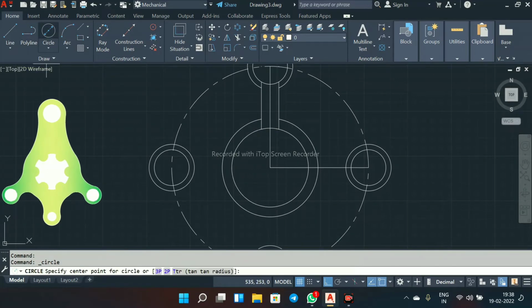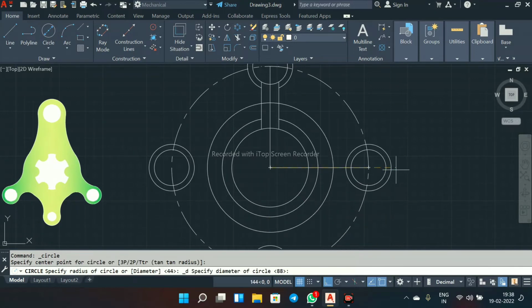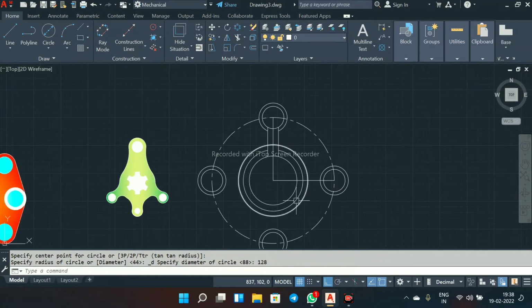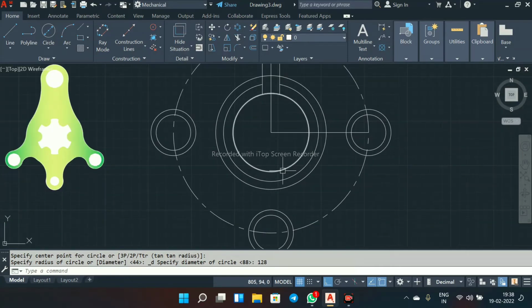Select this center circle, select this point, make its diameter as 128 mm. Select here polar array.